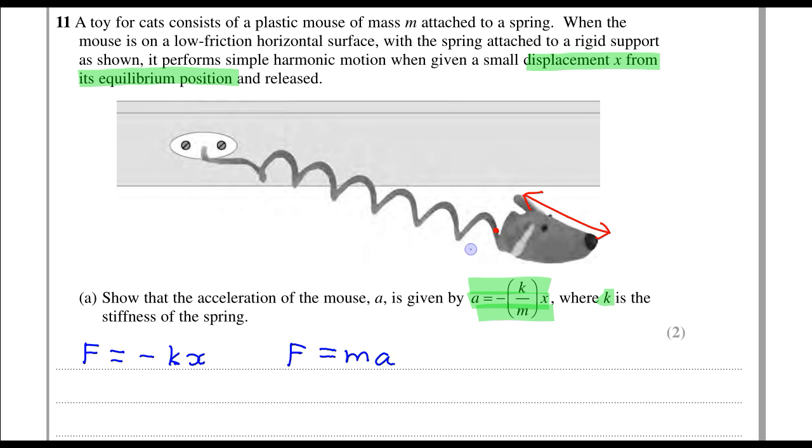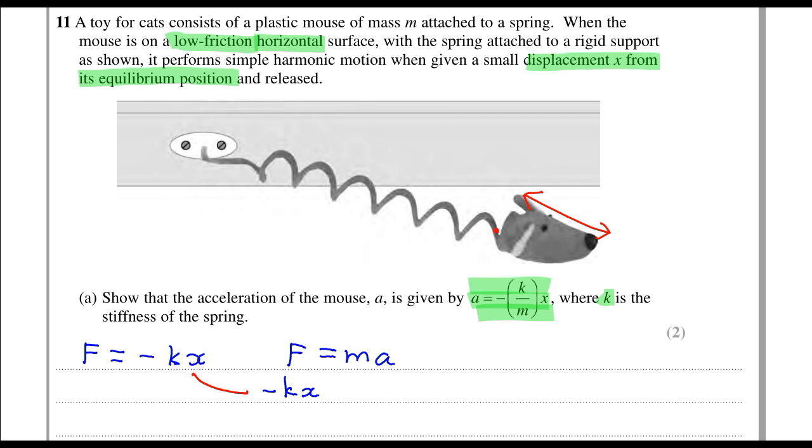Since the only force here is the force from the spring, it's on a horizontal surface, we are interested in the horizontal movement, there is no other force, there is also no friction, because we are told it's a low friction surface and horizontal. Then we can put kx in, minus kx in there,